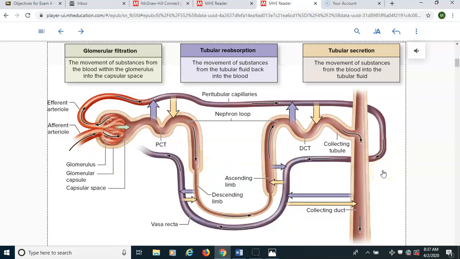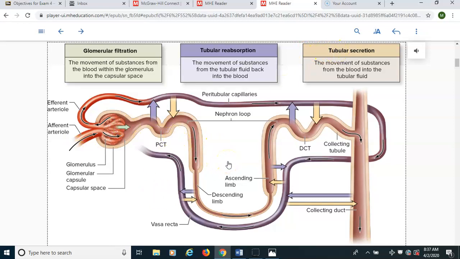But most textbooks will draw the nephron in this way, stretched out. So you have the glomerulus or renal corpuscle here, and then you'll have the proximal convoluted tubule, loop of Henle, distal convoluted tubule, and collecting duct. Just realize this isn't anatomically correct, but it helps to understand these processes and where they're happening. So the objective is to know the definition of these three processes that are going on within the